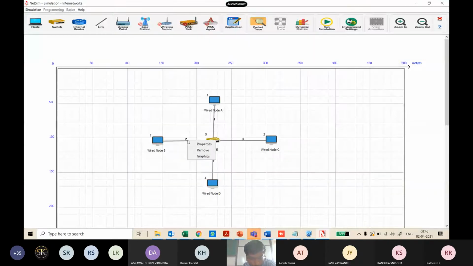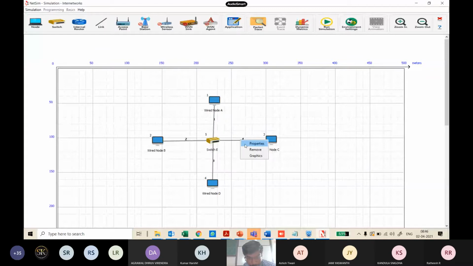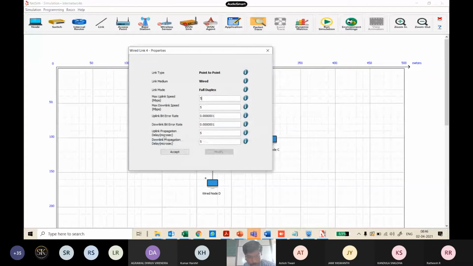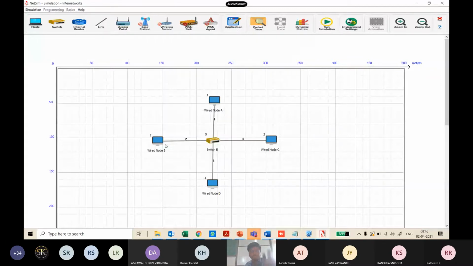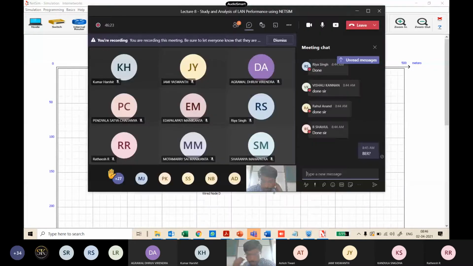So go ahead and set it to 5 Mbps uplink and downlink. The bidirectional link will be of the same config. So click that. Once you have done this, I have set the link speed, the bandwidth of all these links. If you have done that, we have done the node level properties, and we have done the link level properties. What is pending now?